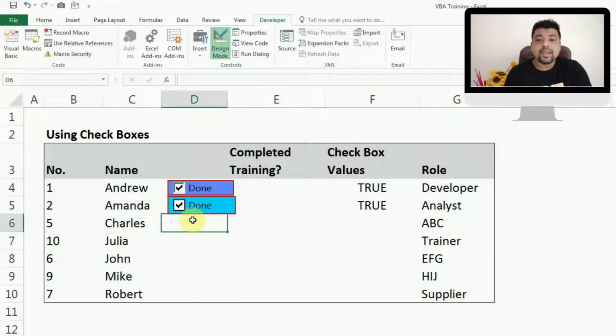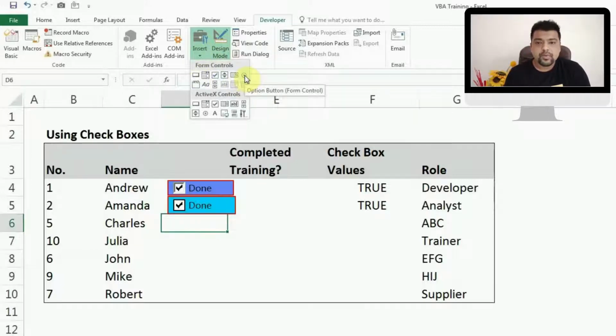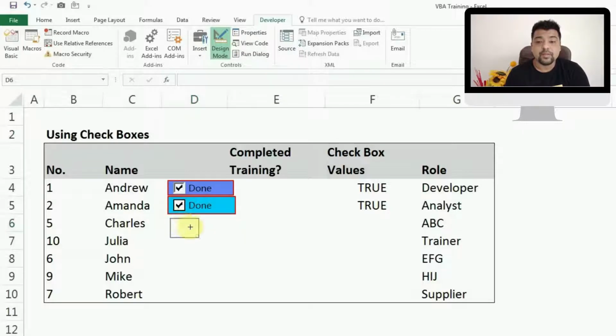Okay, so how you can add the radio button is go to Insert at the top, and then the radio button is the last option in the first line. Once you click on it, the process is similar. You have to press the left mouse click and resize it as per your requirement, right? I'll keep it like this. Okay, so the radio button is generated and you can click on it,